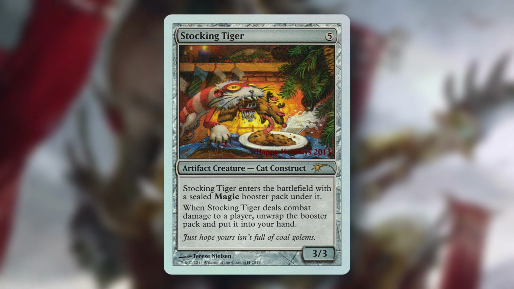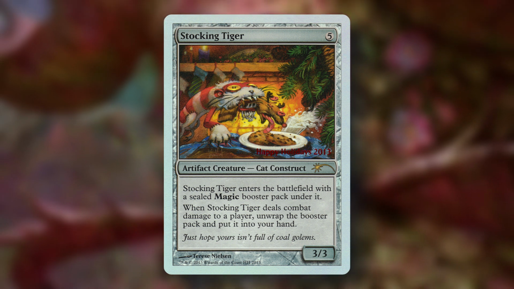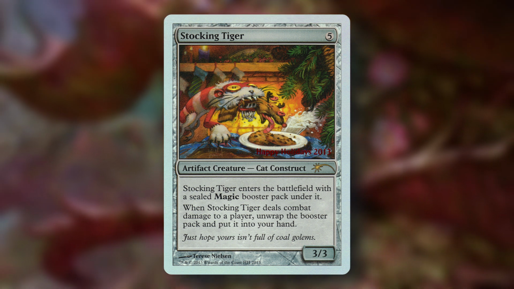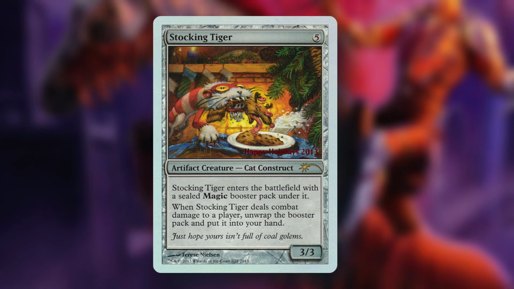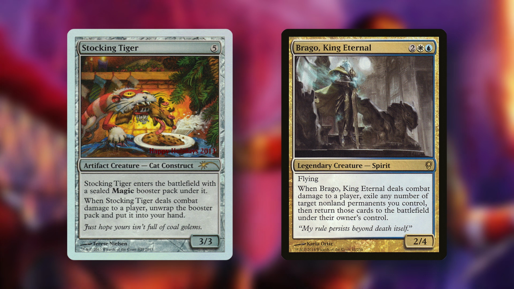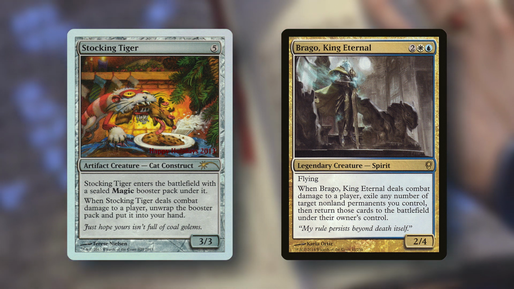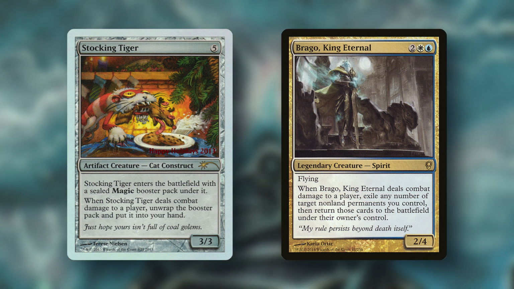We're fully off the rails with crazy silver border magic now. This may be one of the cheapest ones to physically acquire, but we're going to make this brutally expensive for ourselves. We're going to play Brago with a twist. And the twist is we're running more artifact cards and cards that care about artifact creatures than we normally would. We're going to be flickering Stalking Tiger, getting a new pack under it every turn,